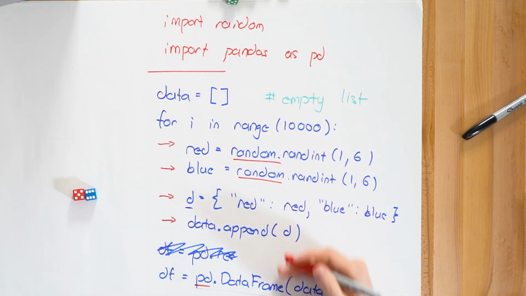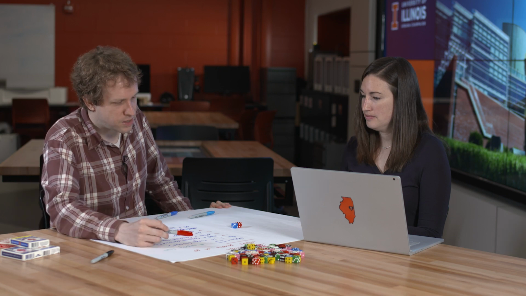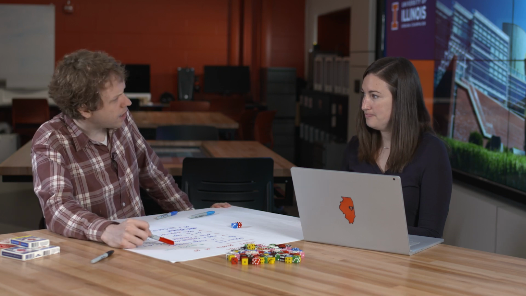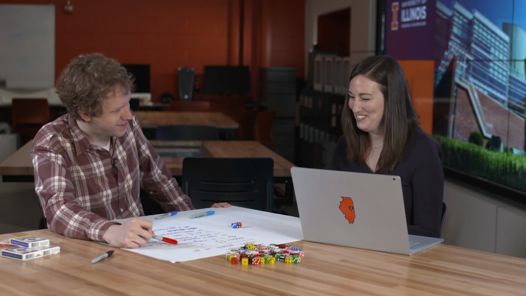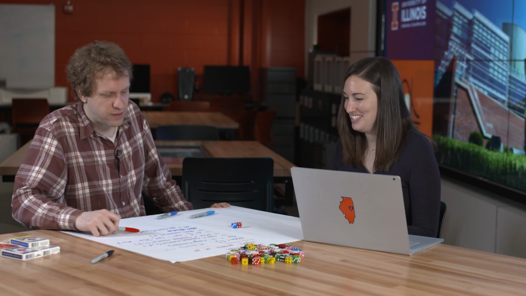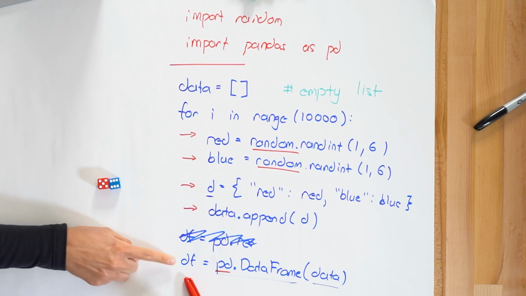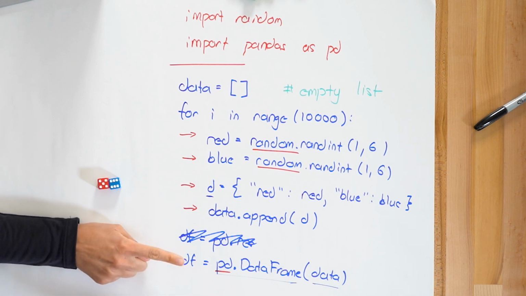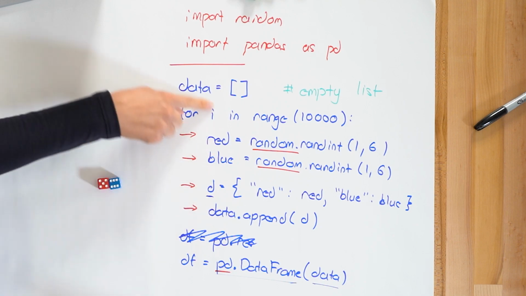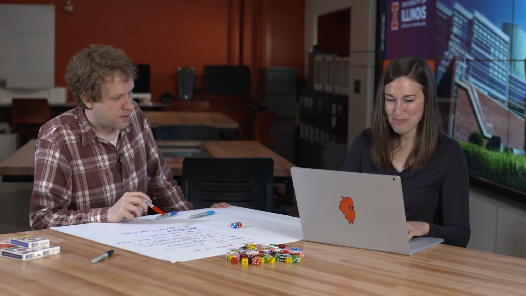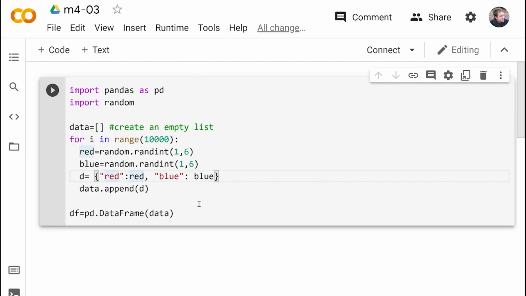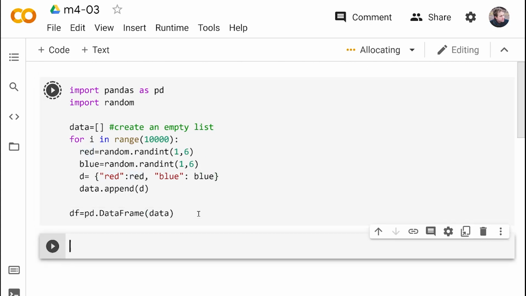So if we run all of this code, we're expected to see that it's going to take a little bit of time because we're doing something 10,000 times. And we're expecting to create a data frame that has all of this data in it. It's important to note too that this piece of code is not indented because it's not part of our for loop. Exactly. So I'm going to go ahead and run this. And what I expect to see is nothing at all if this works. So no result is a good result. It's still going. It just ended, no result.